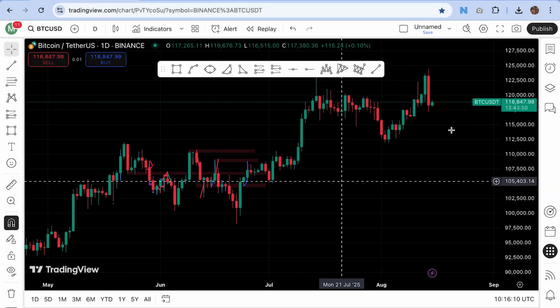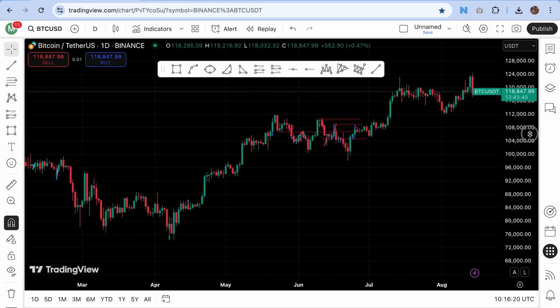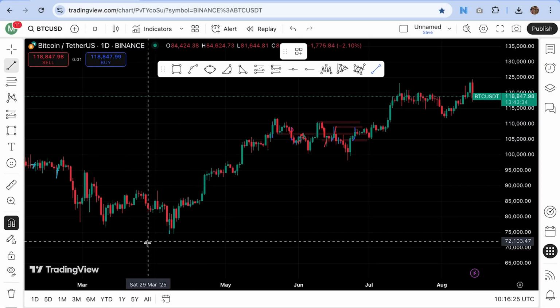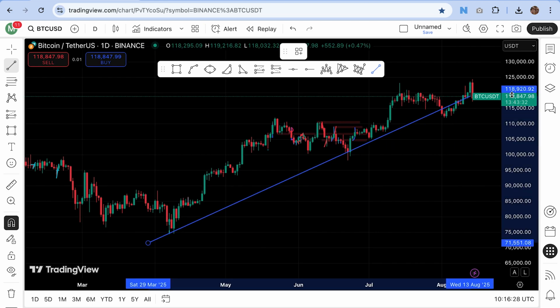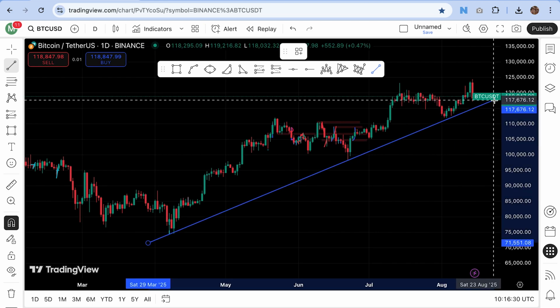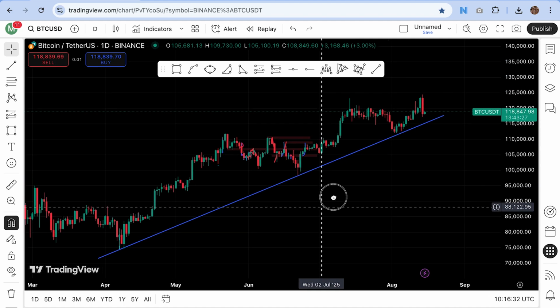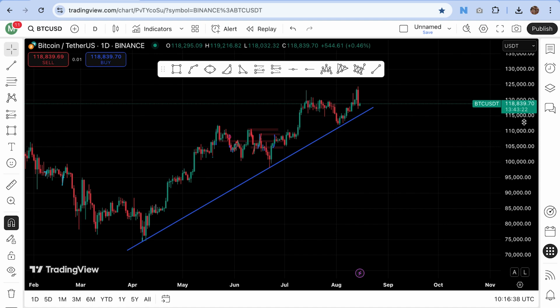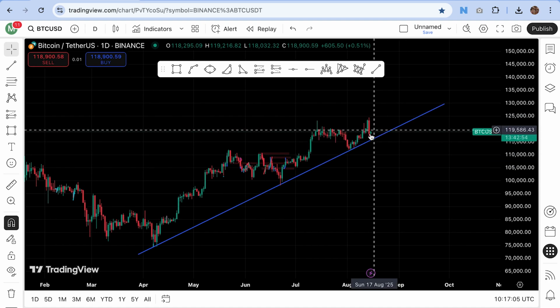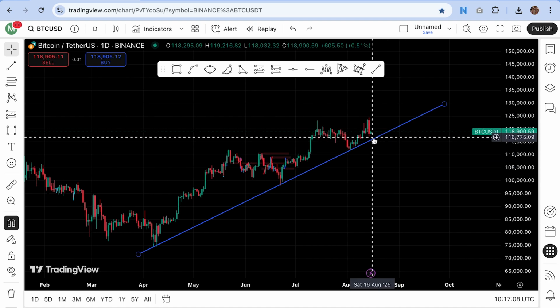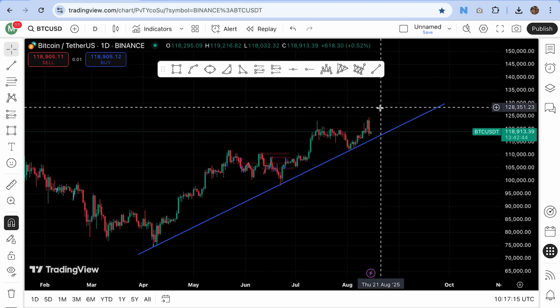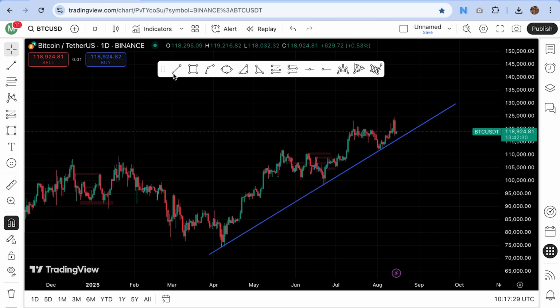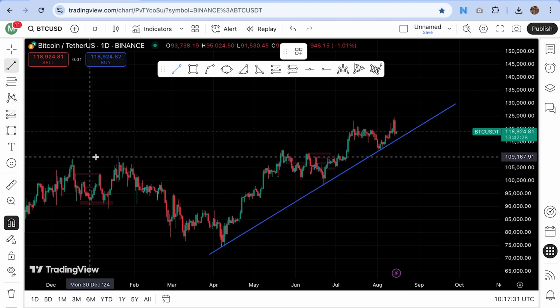Now, if we look at this chart, the first thing I'll do is place a trend line here. From this trend line, we can see that the market is still bullish and giving momentum. If we look at this area, the market can come down to this support zone. After that, it can go up again. If I also place a trend line on the upper side like this,